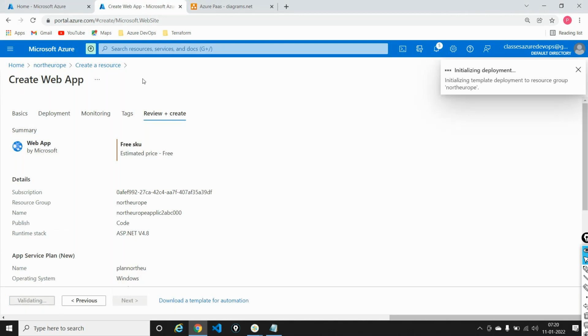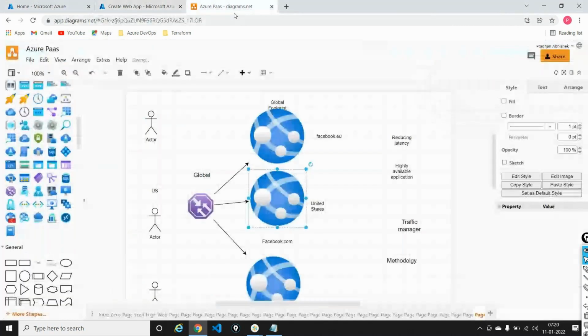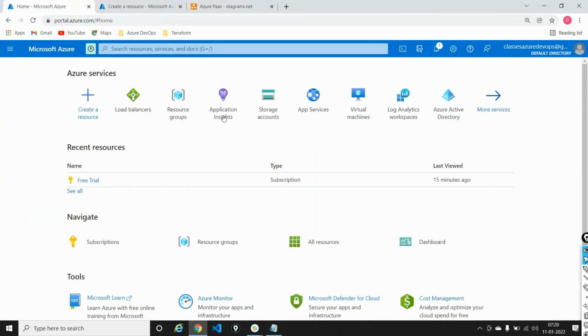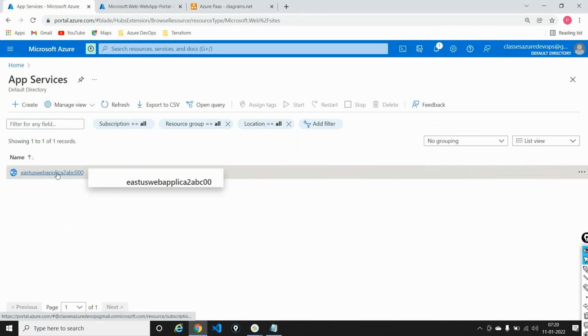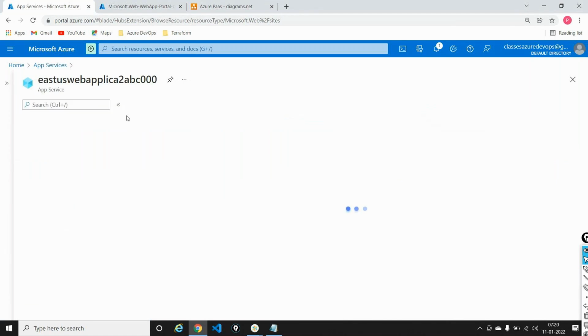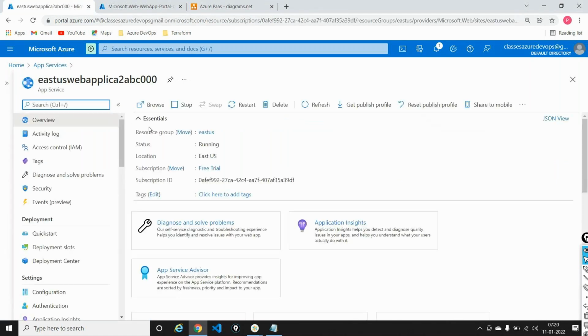Now, one thing is that both the Azure websites that I create, the East US and the North Europe, by default will come with an HTML page. Meaning if I just browse this application, if I just hit on the browse application out here,